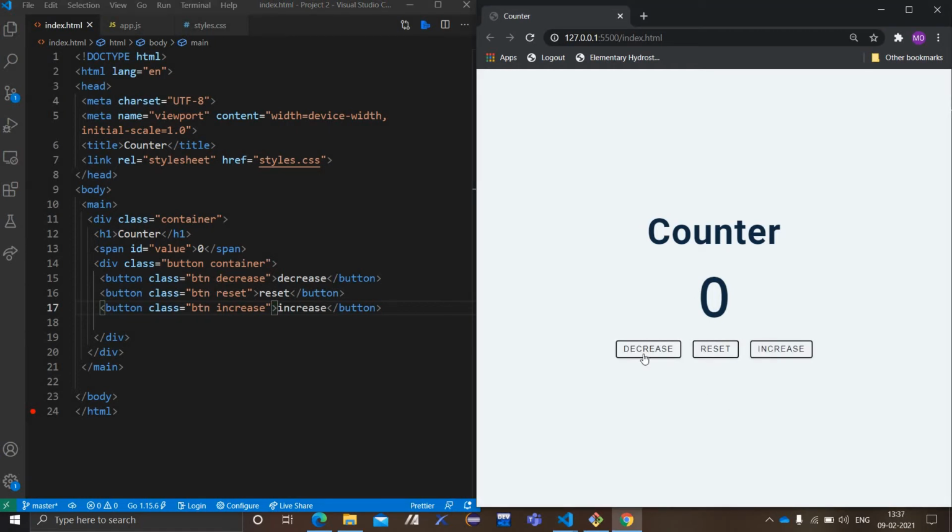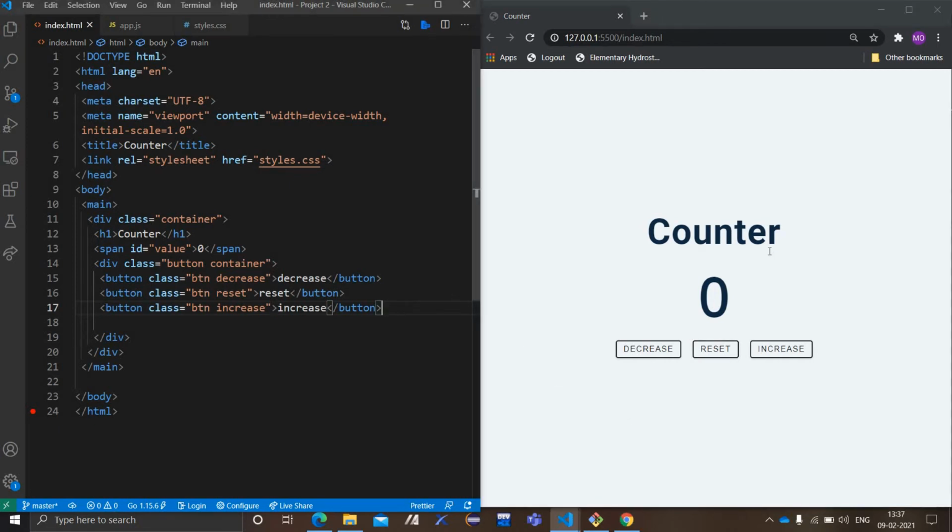See, these all hover effects I have given. When I move my cursor pointer to the button, automatically the background changes to black and the color of the text changes to white. These all are hover effects I have given. You can also give the same thing. For this one, h1 size is bigger than h2, then h3, then h4, like this simply.